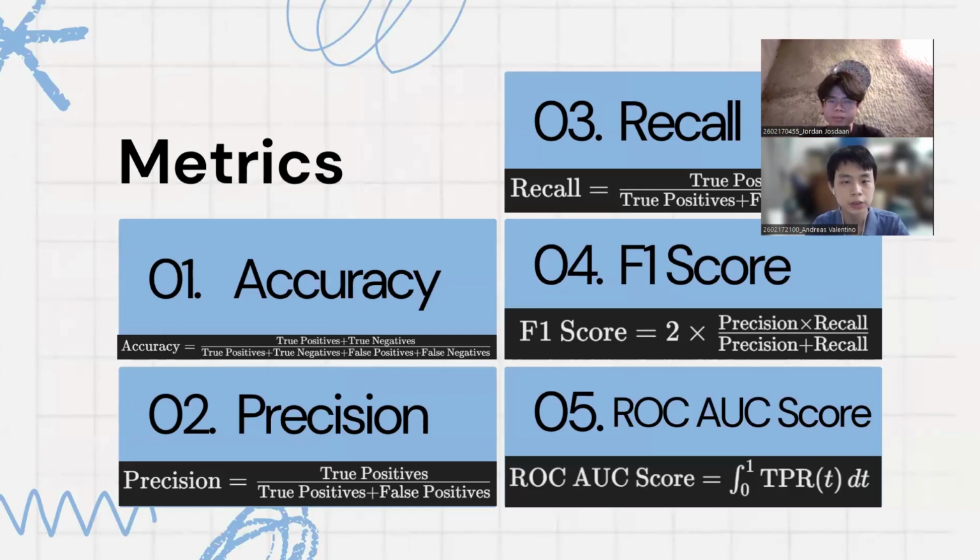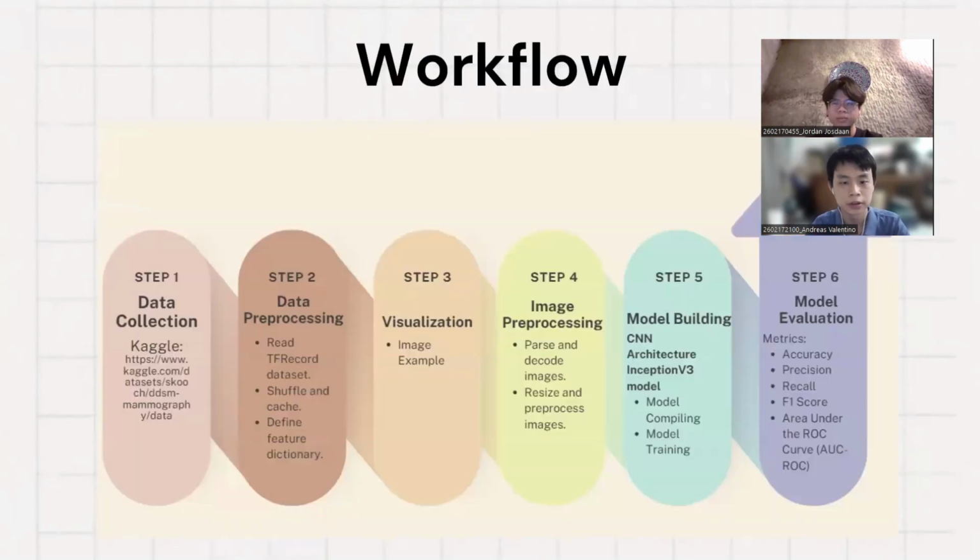As for the metrics, we used 1 accuracy, 2 precision, 3 recall, 4 F1 score, and 5 ROC AUC curve. And the formulas are given below. Next. As for our workflow, we first collect the data, then we preprocess the data by recording the TF record